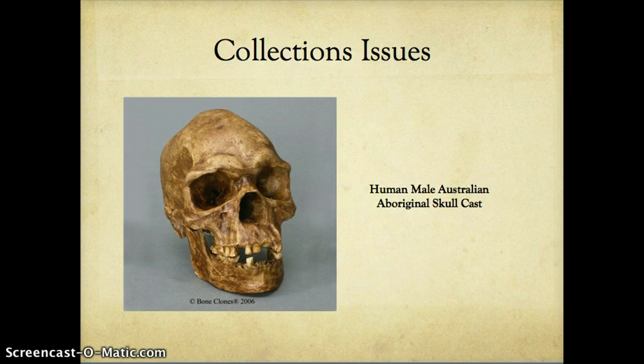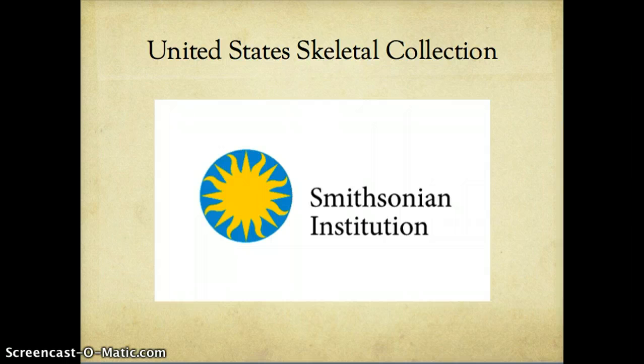Most of the human skeletal collections, including the Murray Black collection in Australia, are Aboriginal in nature. Many of these collections are beginning to diminish as their remains are slowly being repatriated back to the Aboriginal families. There is a lack of collections of non-Aboriginal skeletal remains in Australia, so they depend on the research of those assemblages from the U.S. There are two main skeletal collections used for research and analysis in the United States.